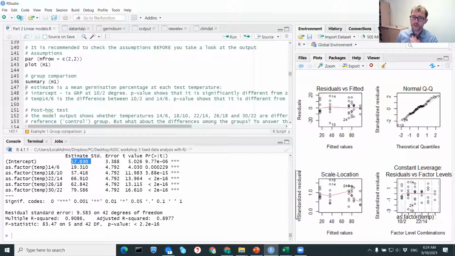So basically you need to sum up those two numbers to get the raw number. Right, and then the intercept is the germination percentage at the temperature 10.2, which is the reference group, and the output simply indicates that the germination at 14, 18, 22, 26, and 30 degrees is statistically different from this